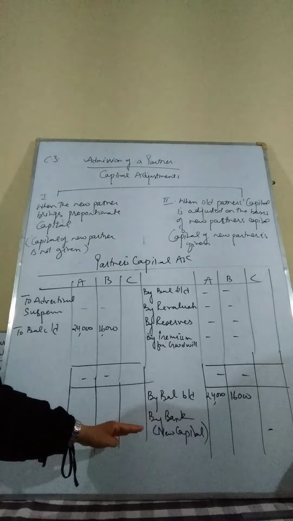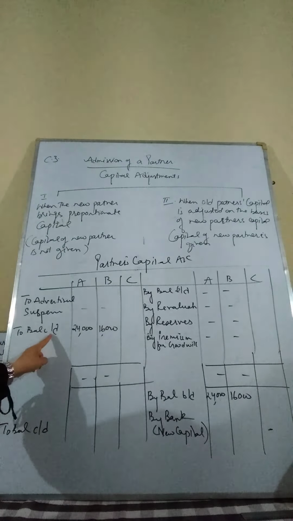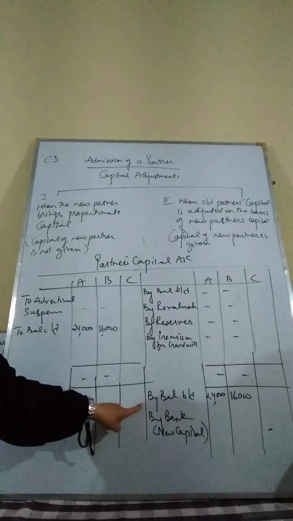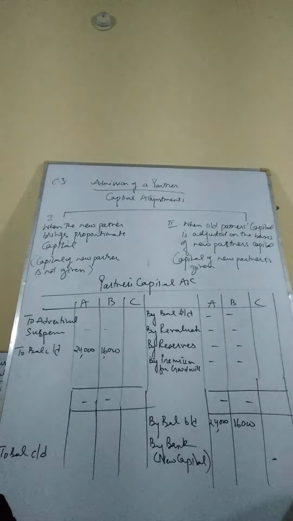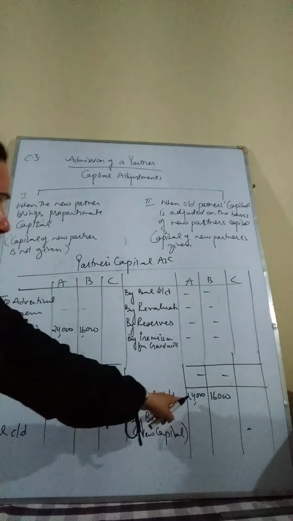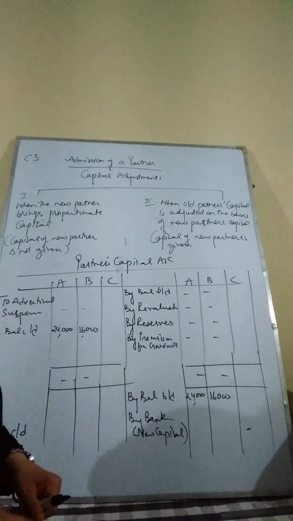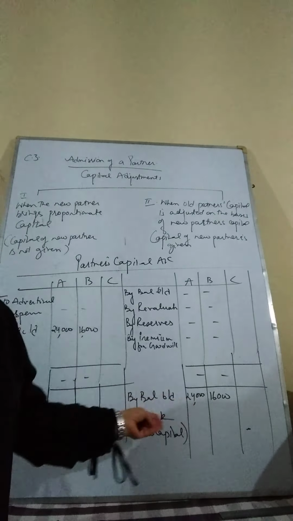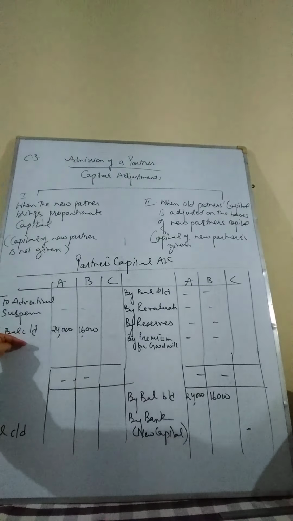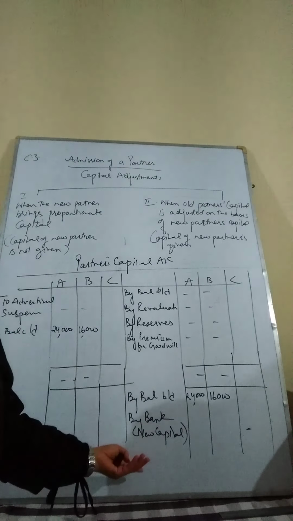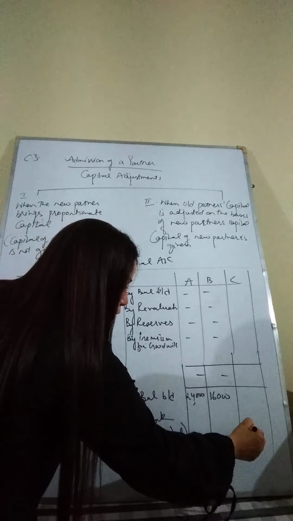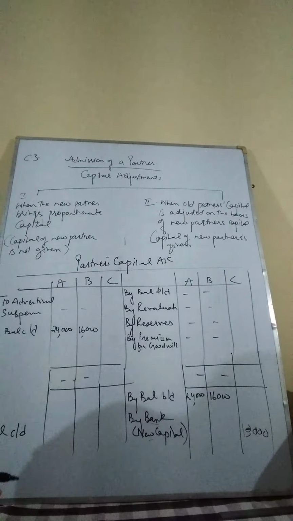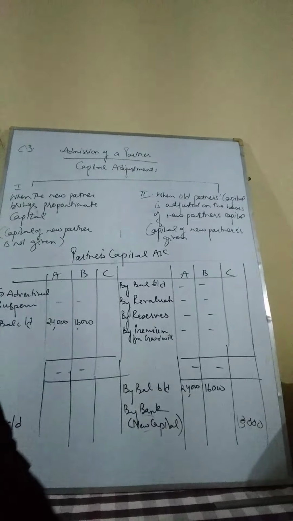Then we will double balance the account. We will write this balance again below the closings. That will be by balance brought down. Again we have written, as you can see over here, 24,000 and 16,000. This is the adjusted capital for A and B which has been brought down from here. Then the new capital as we have calculated, 10,000, so we can write by bank and the new capital under the column of new partner, that is 10,000. By bank 10,000 in C's column, you can see over here.